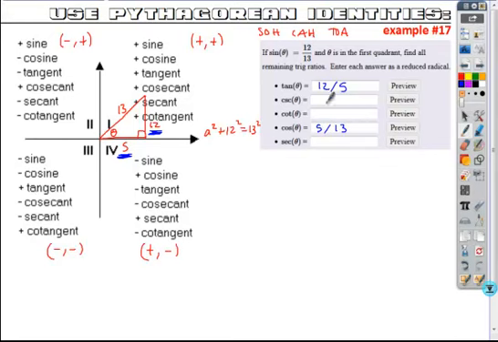So the cotangent is the reciprocal. Here, the cosecant is the reciprocal of secant, so 13 over 5. And then the cosecant is the reciprocal here, 13 over 12. And so